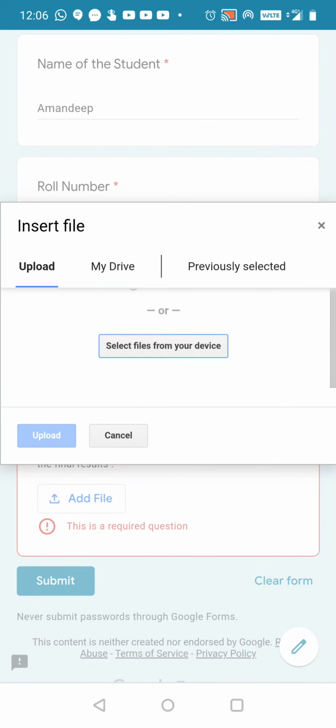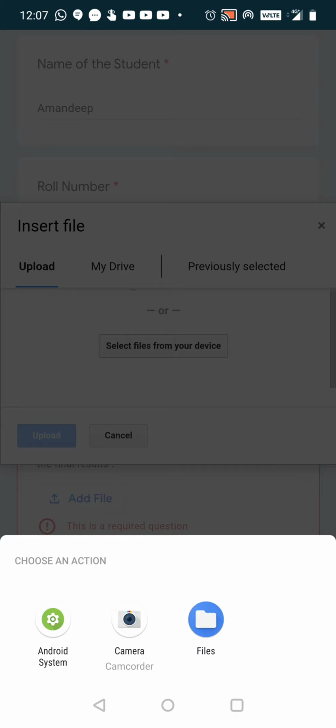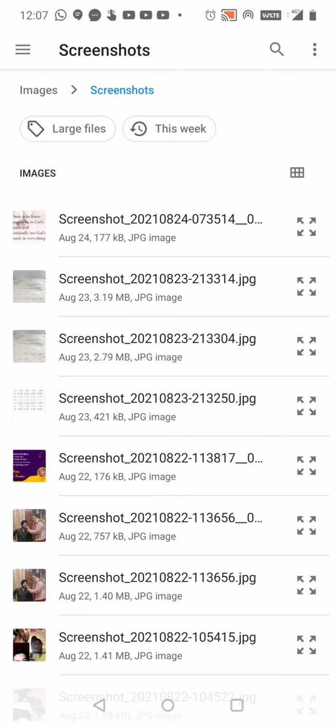Now see the options: the first option is upload, select file from device. If you have it in your device, you'll go for this. If you have saved it in your drive, then you will simply click on my drive option. Okay, so as I have saved in my device, I'll select device here. So you can see the files option is coming. You will not go for camera in any case, because here it will take a picture, right? And you have to upload a PDF, that is the only format the form will accept. So the PDF which you have already saved, you will be picking that. So go to files and then let's